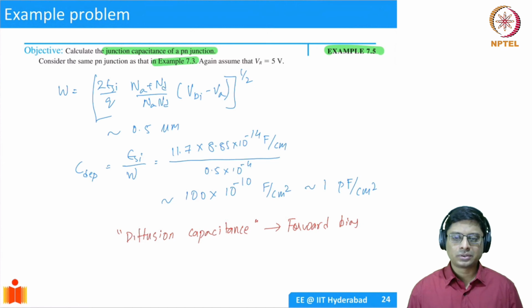So I hope that you understand the importance of capacitances, and that you're able to compute the capacitances for a simple PN junction. When we talk about MOS capacitors, we will really use these capacitances, left and right. We can't describe them without that. So please make sure that you follow it.